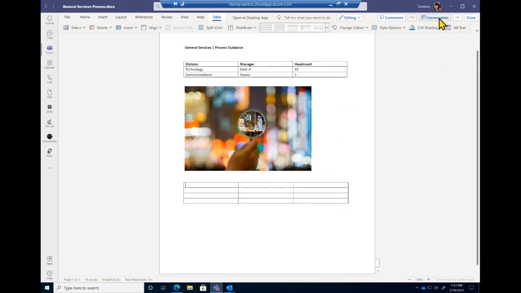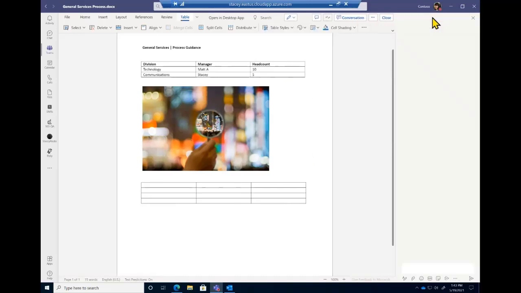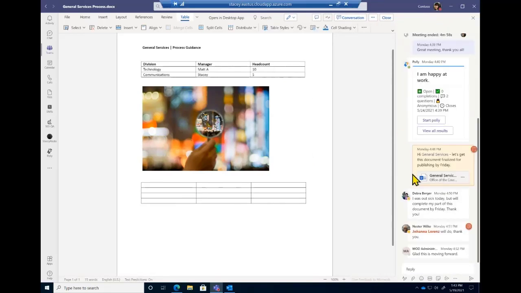And then what's really nice, if you've ever used Word or any of the other Office tools before, you can certainly comment inside of the document. But when you click conversation, it takes you back to that chat thread. So maybe I was supposed to fill out this table, but I can't remember what it is specifically.